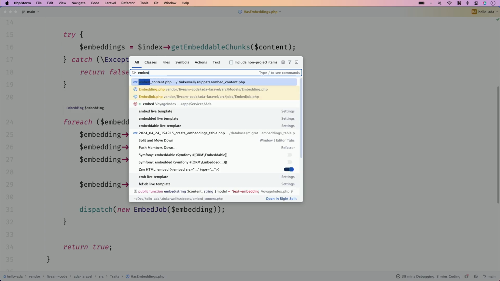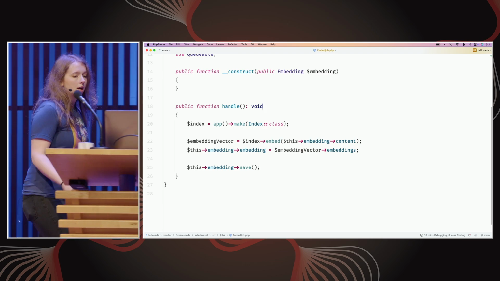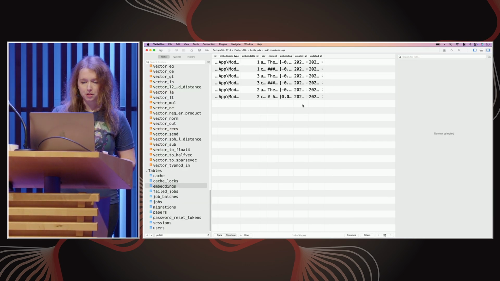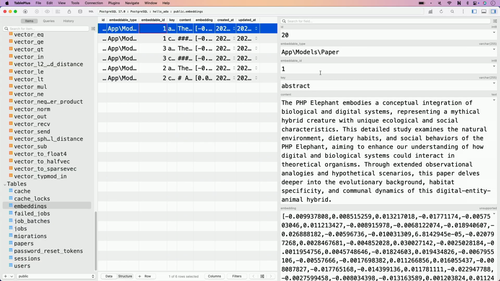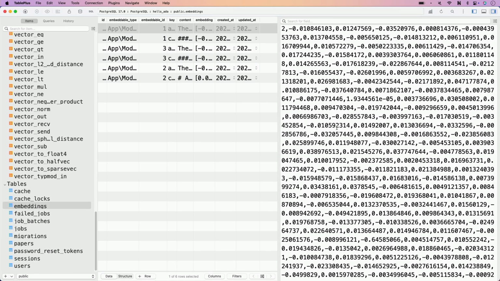This job will simply call the embed function on the index, and this is basically doing the request to OpenAI, hey, give me my vector for my text. And like I mentioned, I already did that for pretty much every paper on this website. So for example, the very first one: paper relation, ID, the key, what are we embedding, the text of the embedding, and yes, here's a vector again.